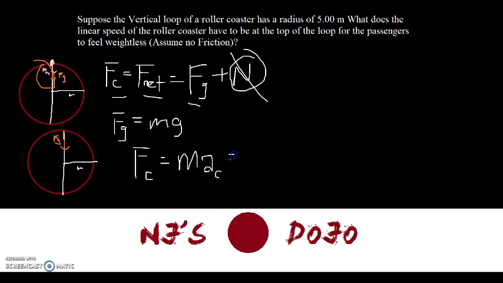And through that, since we need the linear speed of the roller coaster, we can use its derivation of mass times velocity squared over radius. Okay. So now that we've got that covered up,